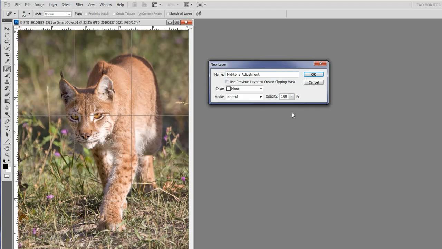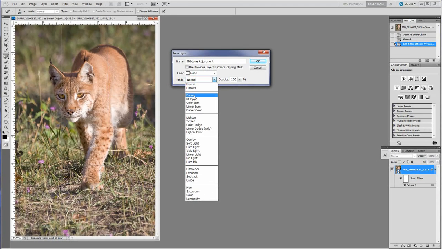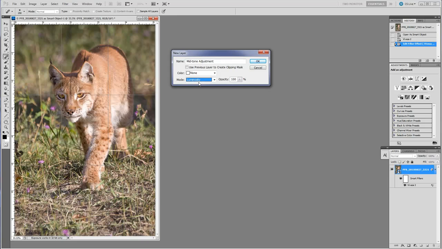The other thing I'm going to do while I'm in here is change the blending mode from normal to luminosity, because with the mode set as luminosity, any adjustments that I make are only going to affect the brightness or darkness of the image. They're not going to affect the color tones, and that's what I want to do here. So I'm going to click OK,